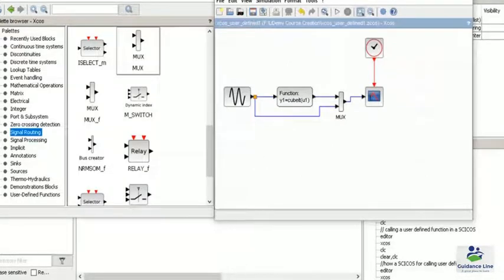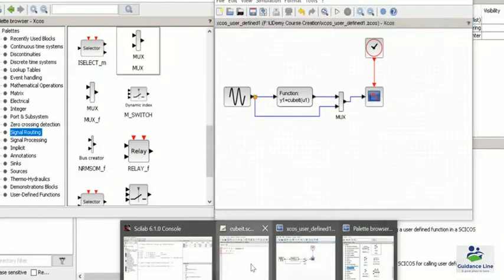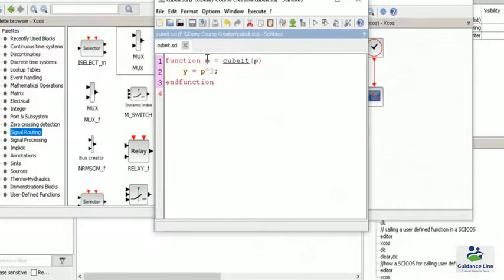So for that, first I am modifying the function body. In the function body, I am creating two output arguments and passing two input arguments in the qubit function. So as we already know, now we are modifying the output arguments as y comma z and the input arguments as p comma q.